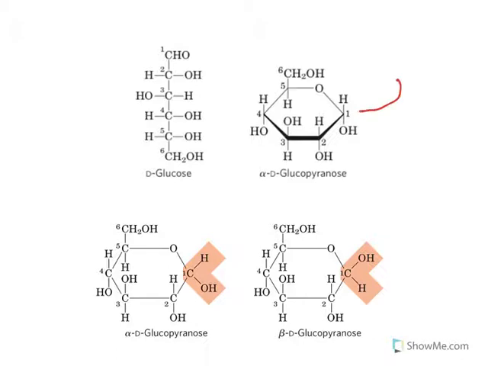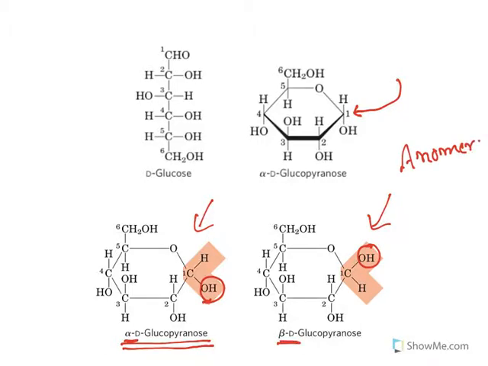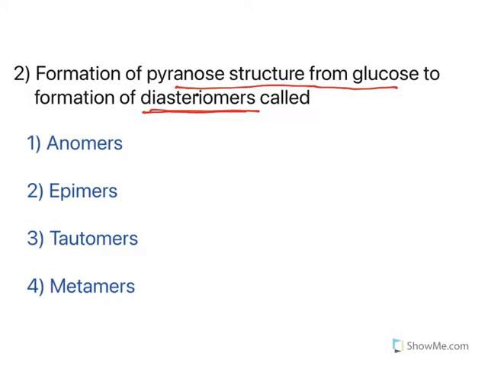Now, while it has formed glucopyranose, this one is known as the anomeric carbon. The carbon can form two of these isomers. You can see them. OH could be at the bottom side or OH could be on the top side. The isomer wherein the OH is at the bottom is known as alpha-D-glucose. The OH at the top is known as beta-D-glucose. And these two isomers are known as anomers. Now this is what the question is testing. The diastereomers are called what? Anomers.